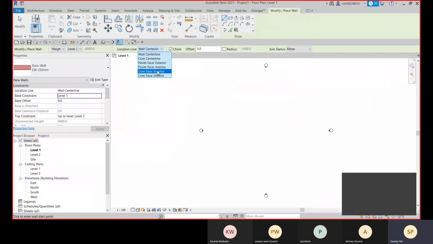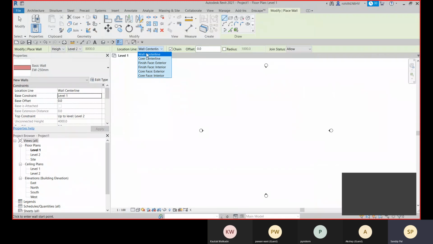That is the core face exterior, the outer surface of that core layer to the exterior side. And core face interior is the outer layer of the core face to the interior side. So I can choose that as my position while placing. And core center line, that you can also choose, and wall center line.